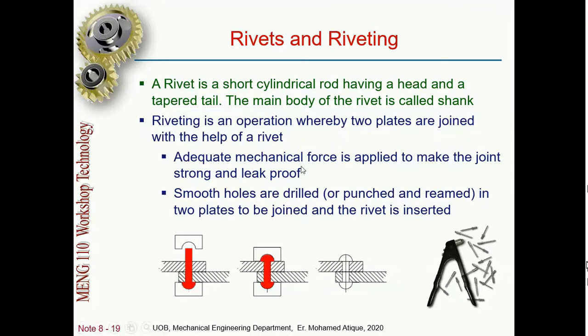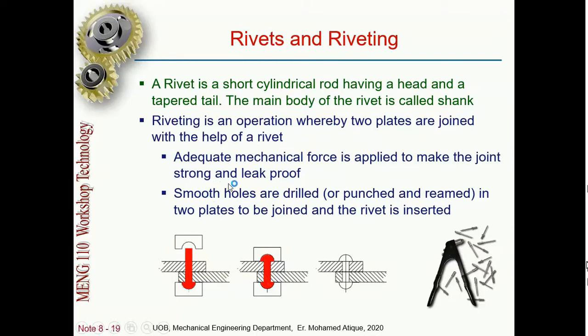Okay. So here two plates are joined with the help of a rivet. We will keep the two plates, and a hole should be there between the two plates. We'll put a rivet from one side, and from the other end apply a mechanical force, which will bend this part to this shape, making a permanent joint.